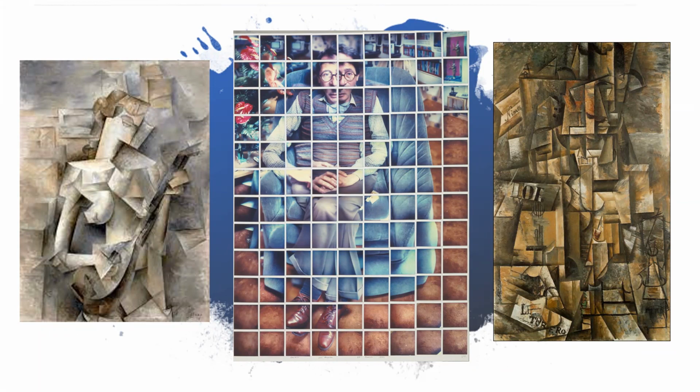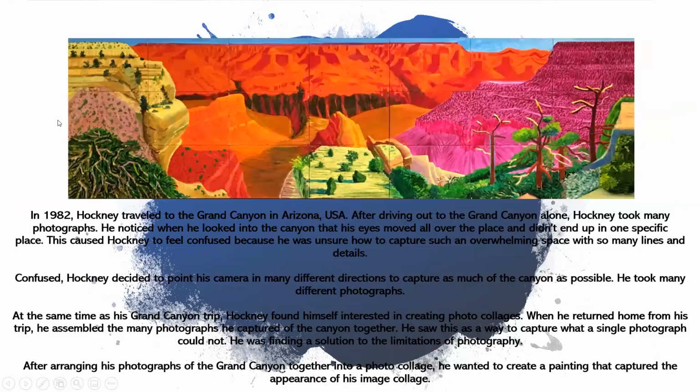We see emphasis placed on the shoes, the hands, the eyes, the face area, and so forth, as those become enlarged in that space. He traveled in the 80s to Arizona, to the Grand Canyon, and he got to witness and experience this huge, vast space and had a similar response. He starts taking lots of photographs and he begins to collage those into one unique big piece of art, but then he takes it a little further and he paints into this image, which makes good use of that